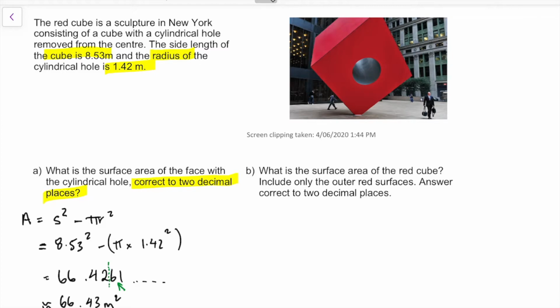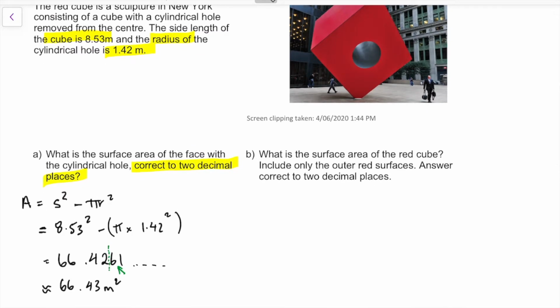Next question is, what is the surface area of the whole red cube? So we only want the outer red surfaces. So it's not the center bit where the cylinder is. We just want that outside shape. So surface area is going to be 2 lots of the one that we just found. There are 2 sides of this cube that have the hole in it. So we're going to have 2 lots of